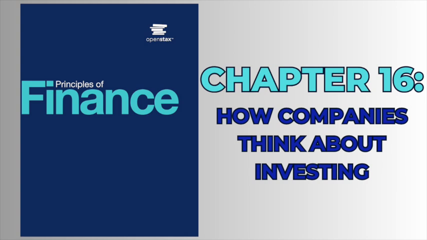Therefore, the decision criterion using the PI method is to accept a project if the PI is greater than 1 and reject a project if the PI is less than 1. Note that the NPV method and the PI method of project evaluation will always provide the same answer to the accept or reject question. The advantage of using the PI method is that it is helpful in ranking projects from best to worst. Issues that arise when ranking projects are discussed later in this chapter.